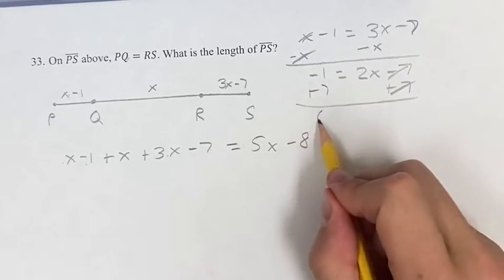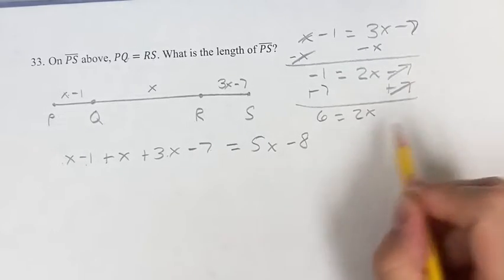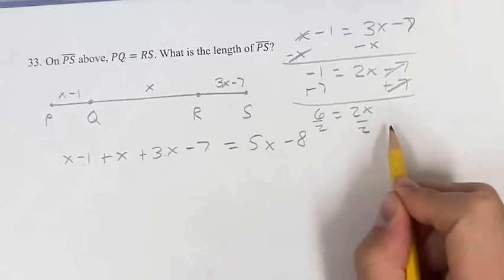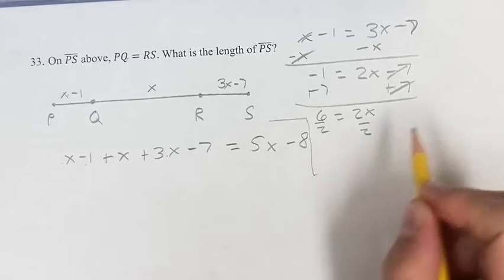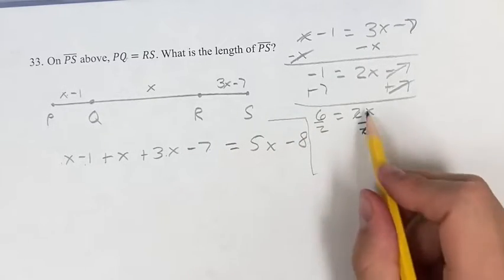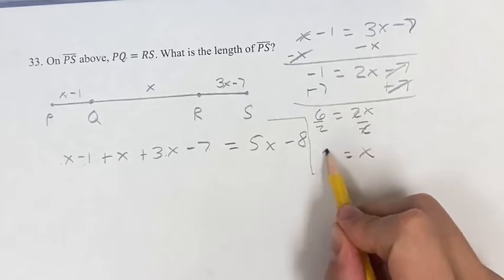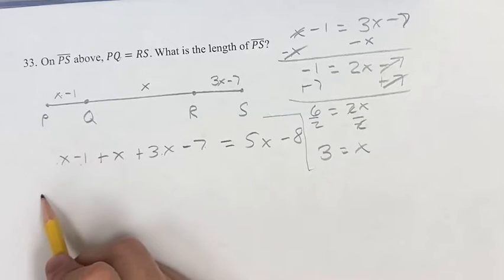Negative 1 plus 7 is 6, which is equal to 2x. Dividing both sides by 2 gives you x is equal to 6 over 2, which is 3. So the length